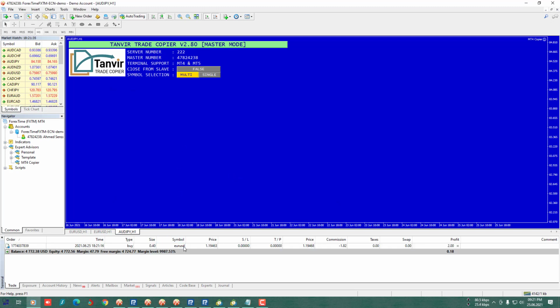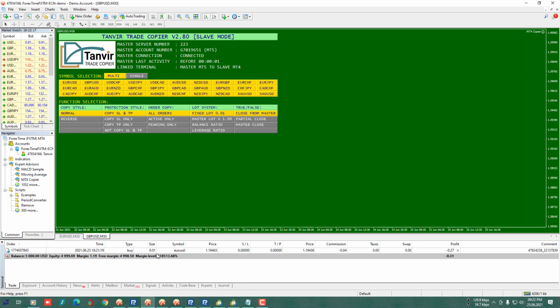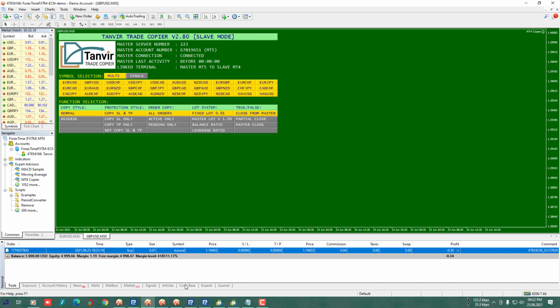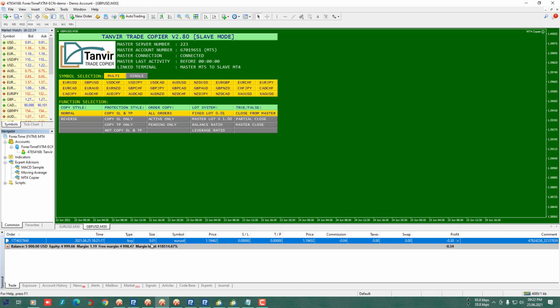The order from the first master account is opened with lot size 0.40, and see all 7 slave accounts have copied that order successfully.